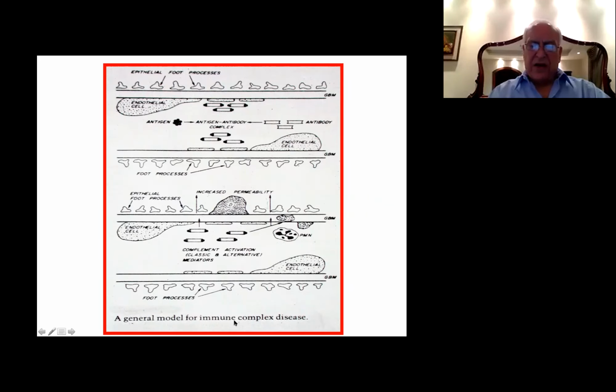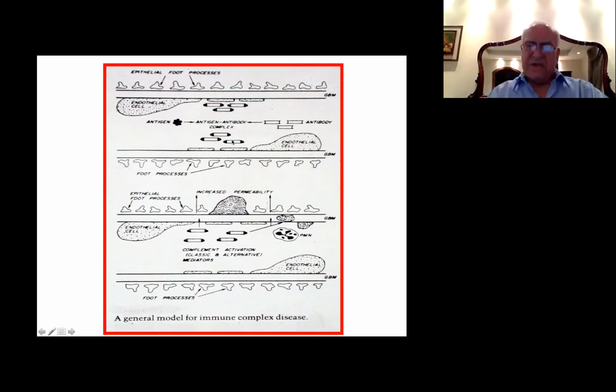That's the general model of immune complex disease. We have an antigen that is present in our body, goes into our body, whether endogenous or exogenous. It will form antibodies. Now, these antibodies, with the antigen, form immune complexes. The fate of these immune complexes really depends upon its molecular weight. The large and small molecular weight immune complexes will be cleared by the reticuloendothelial cells, while the